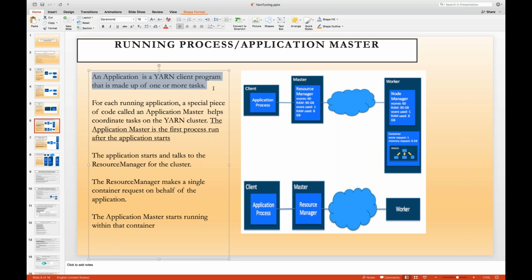Once the request is placed, your request will get a container. What is happening within the container? Inside the container, the task is running. What happens if you have a hell of a lot of tasks like that? That is nothing but an application. An application is a yarn client program. When I say client, it is at the data node end, worker node end, task tracker end,